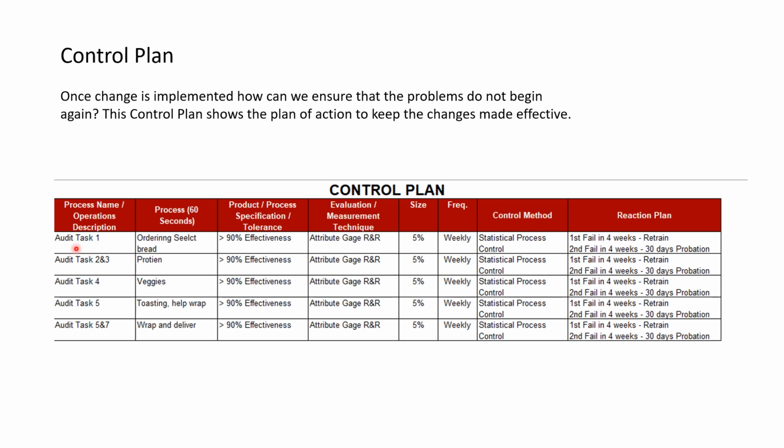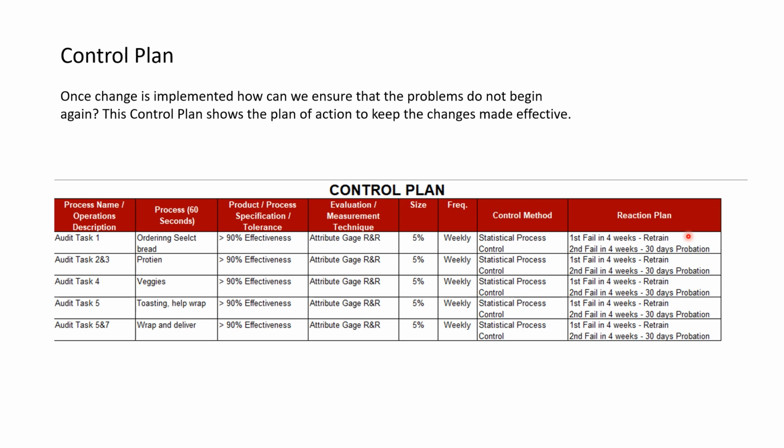So we have audit task 1, task 2 and 3, task 4, task 5, task 6 and 7, right? Or 5 through 7. These are when we're going to need to be really paying attention. So we want to remain 90% effectiveness, and we want to check that by checking our attribute gauge R&R. So we're doing that weekly in our statistical process control. In the first fail in 4 weeks, we need to retrain staff